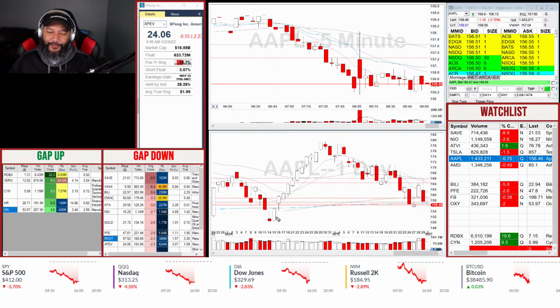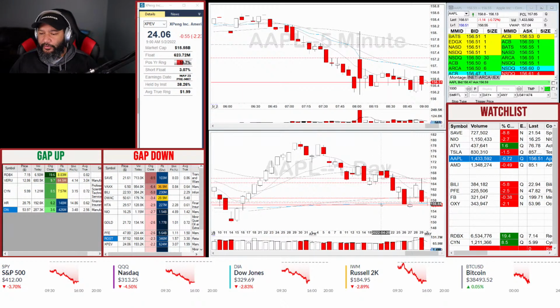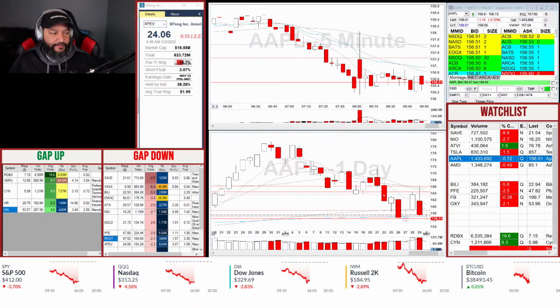Well, of course, we cannot forget about the 14-day green day streak here. Even on gap down days, this thing managed to get green. It's just insane. A lot of fun there. But you can see here, these candles are much, much wider. So you definitely have a lot going on here. 1.4 million shares traded. So the volume is there. I think Apple's going to be a good one.